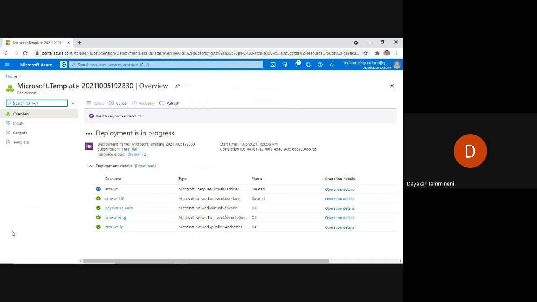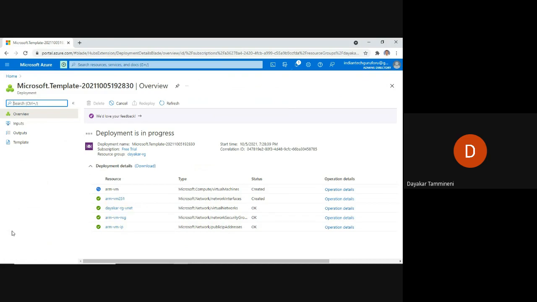But by practice, I could learn how to create the virtual machine using the ARM template, which is very, very useful in a real-time environment. In a real-time environment, we are going to create the virtual machines using ARM templates only.